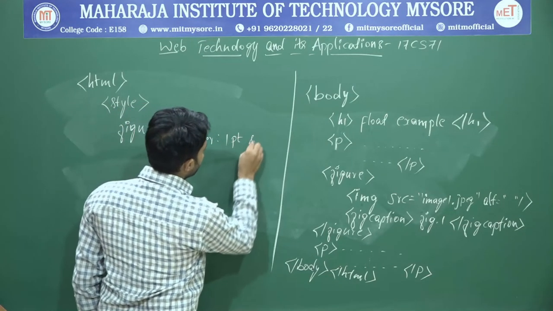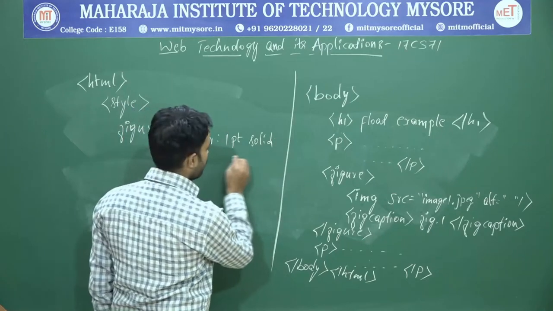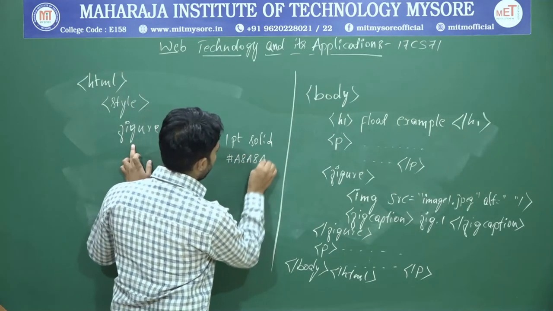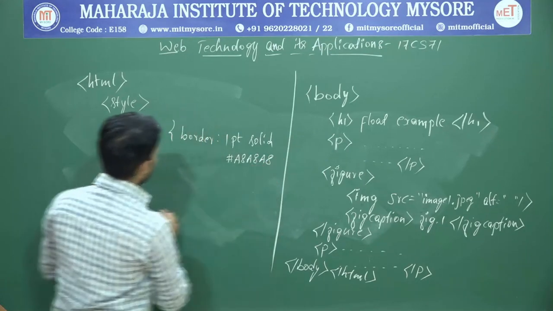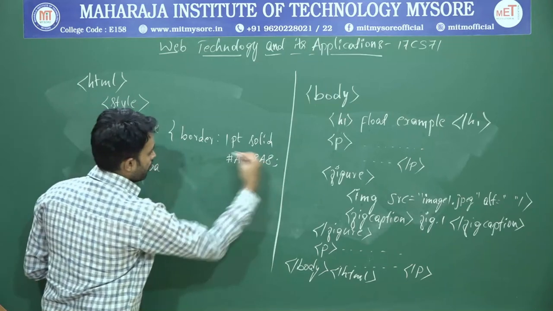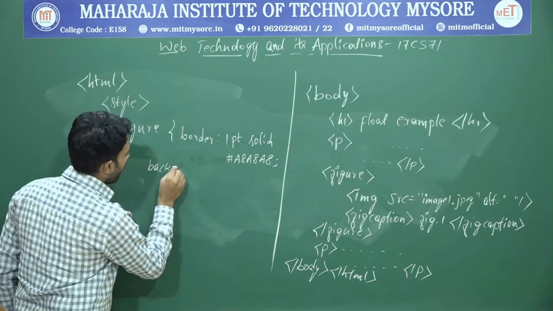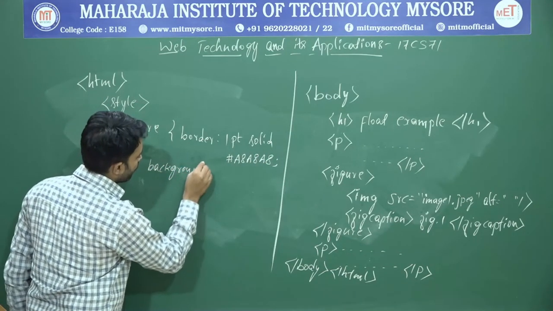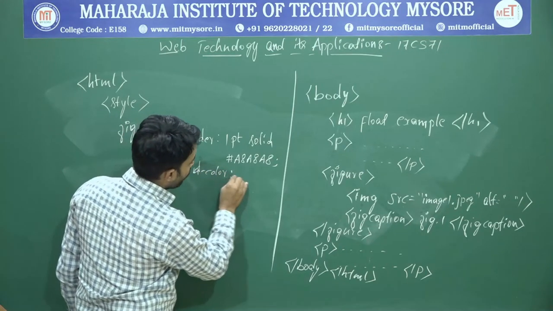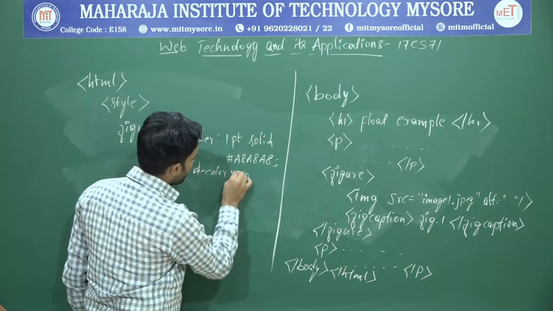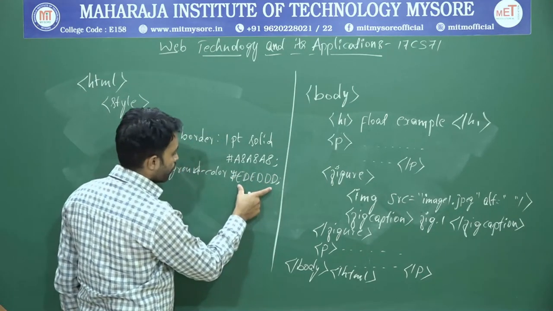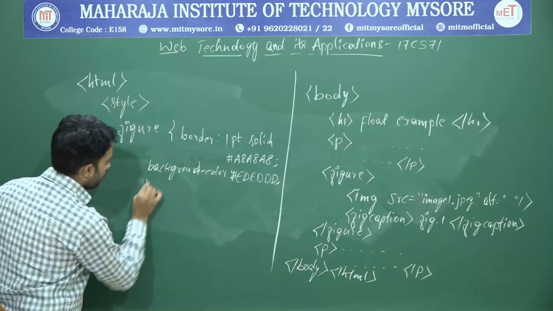1 point solid, here I will write A8 A8 A8, which is nothing but the color code. So border color. Next I have to put a semicolon. So background color, again colon, so hash ed dt. Okay, so this is the color code, and again